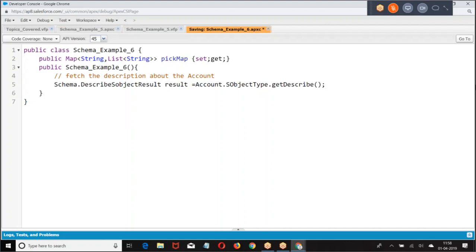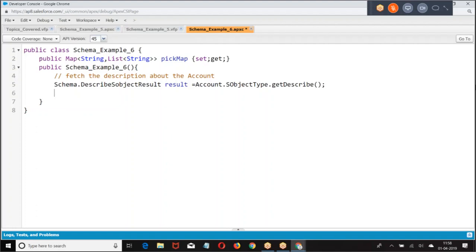Any query on line number 5? Getting the description about the given S object.